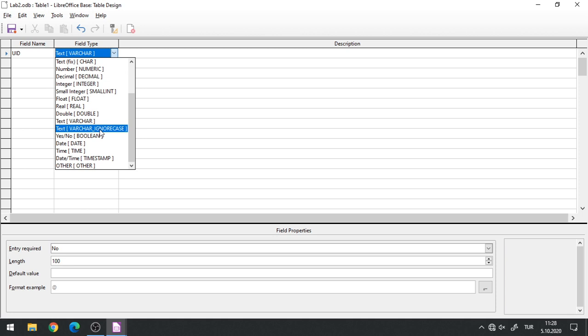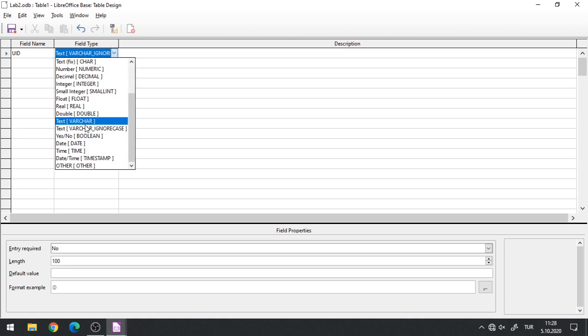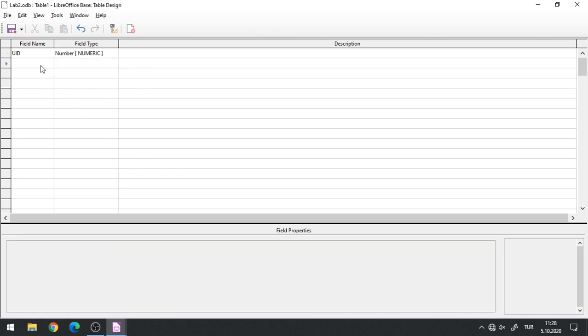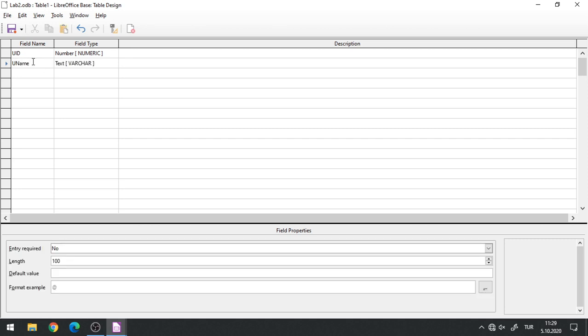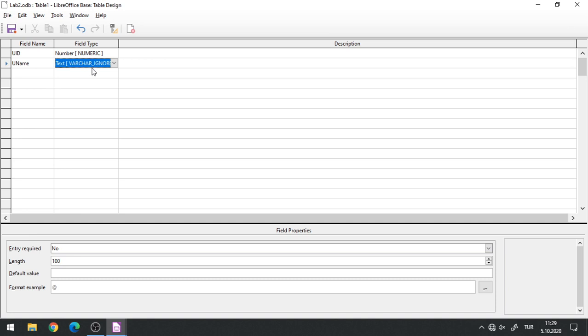So let's go with ignore case, for example. In this case, for our name, let's say we are going to use it not for our UID. Let's say that for UID, let it become a number, and let's create a name for our users. Maybe we can say this is the uname for our user, and in this case let's make it text with ignore case, so that whether it is with capital letters or not, it should not change our matchings